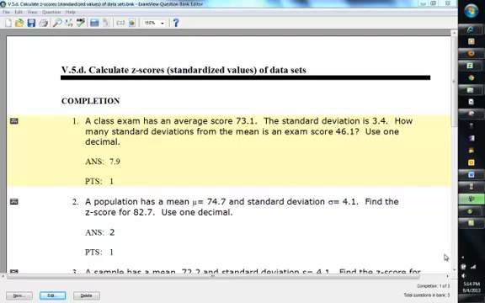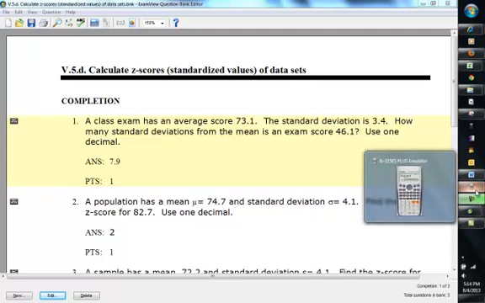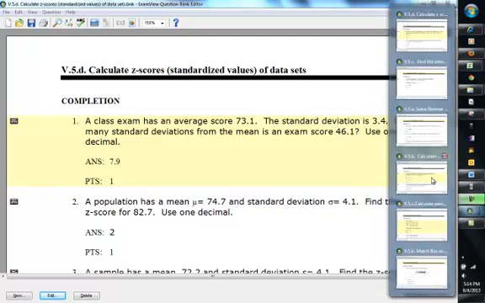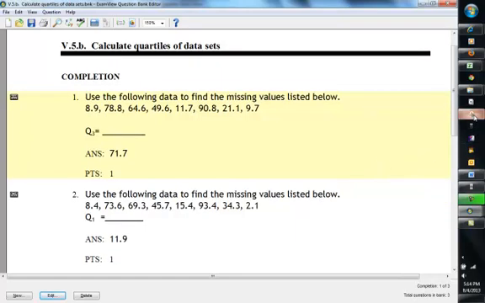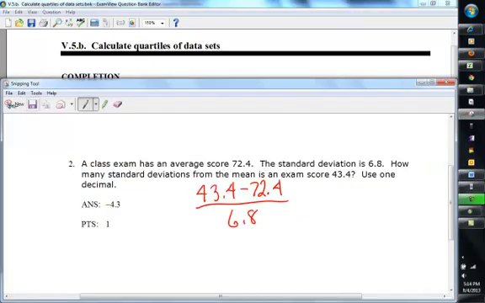All right, we're working with lesson V5, which deals with measures of position. And the first one we'd like to talk about is quartiles. Calculate the quartiles of a range of data sets. To find quartiles,